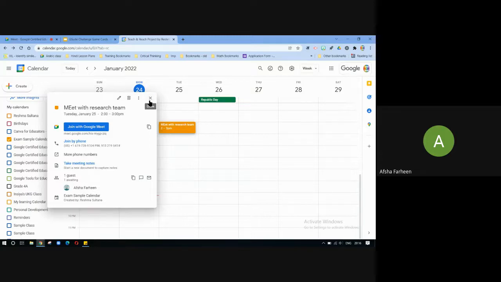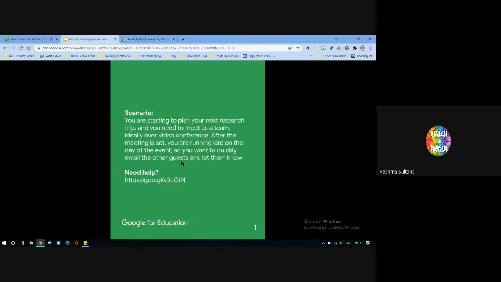Here we did not need to change the timings. We are getting late, maybe by half an hour. So they didn't mention that. So again, if they are not asking you to do anything, you will not. They just want you to inform, let them know. If the step is there, they will tell you. Then change the timing to half an hour late. So they will be very specific. So whatever is asked, you will only do that